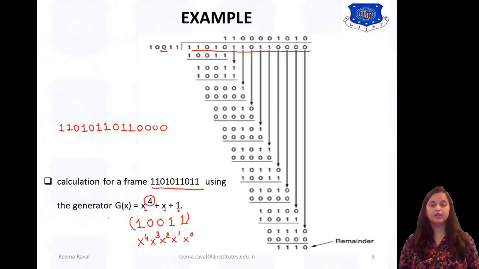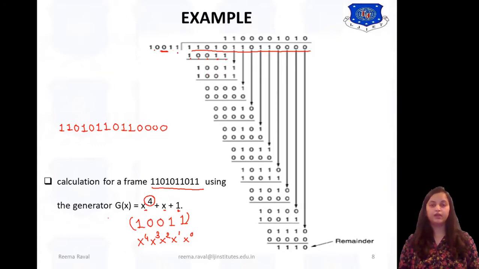Now step by step we need to perform this binary division. So let's say for example, first step we are multiplying this with 1, so it will give 1 into 1 1, 0 into 1 0, 0 into 1 0, 1 into 1 1, then 1 into 1 1.